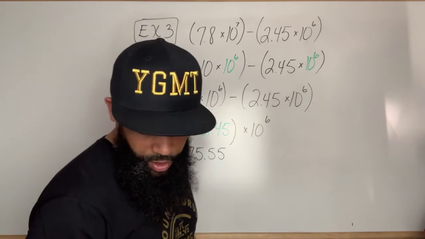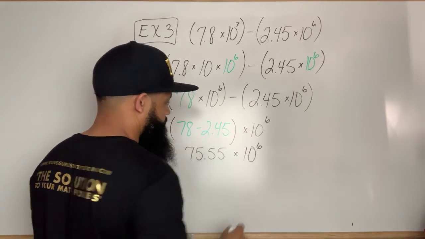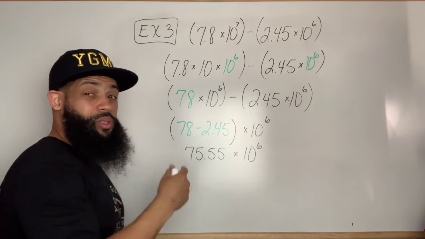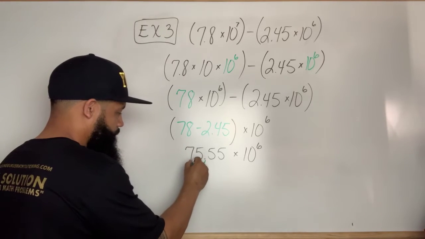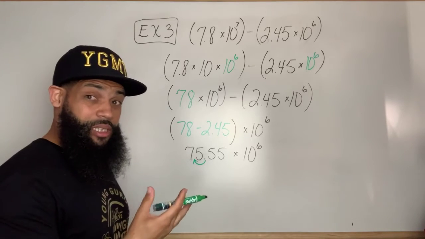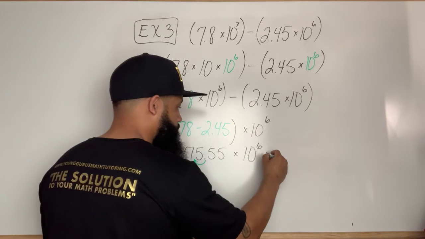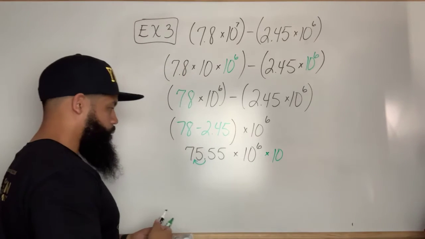All right, 75.55 times 10 to the 6. Here's the issue. This number has to be between 1 and 10. So I'm going to have to move this decimal place to the left one, which means I'm dividing by 10. Well, if I divide this by 10, I have to multiply this by 10. Okay? So that gives me